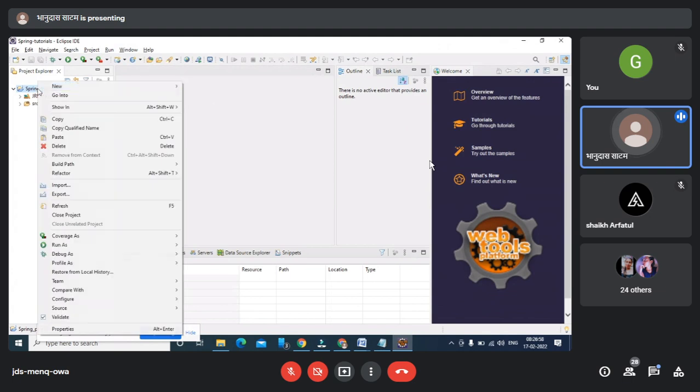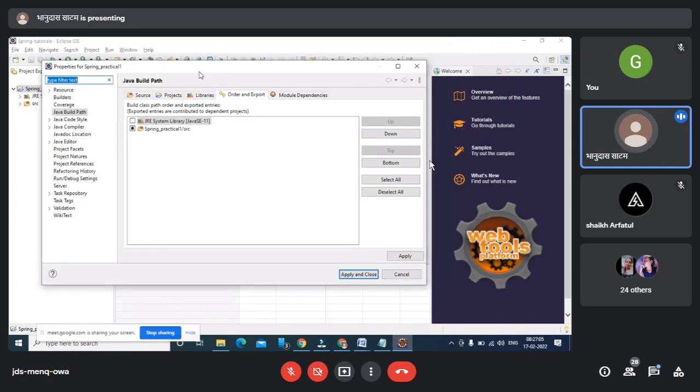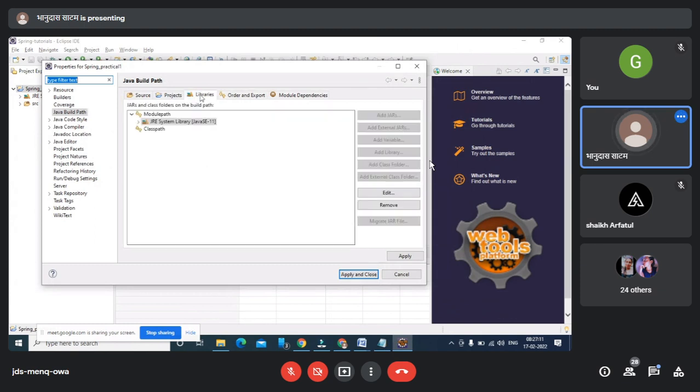I'm pressing right click, choosing Build Path, and choosing Configure Build Path. It will provide me this dialog box. Within this dialog box, I'm going to choose the Libraries tab here. So please understand this is very important.